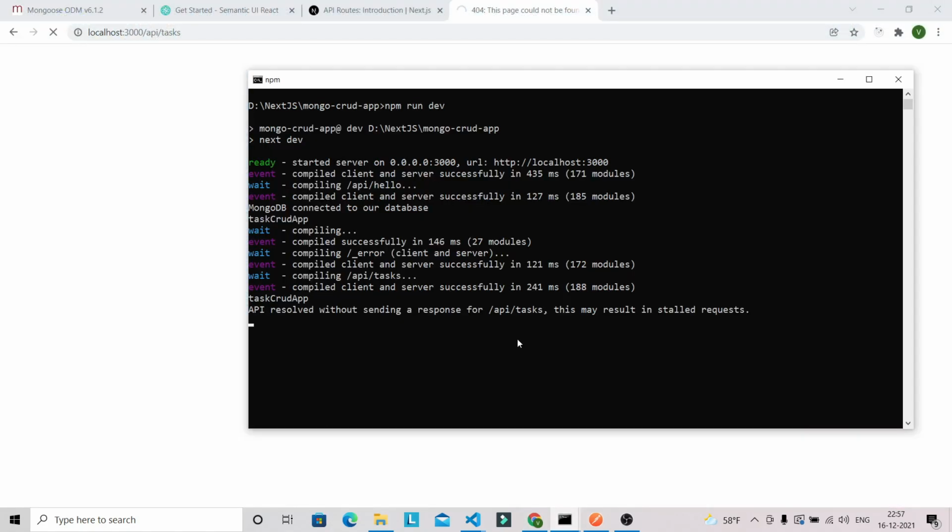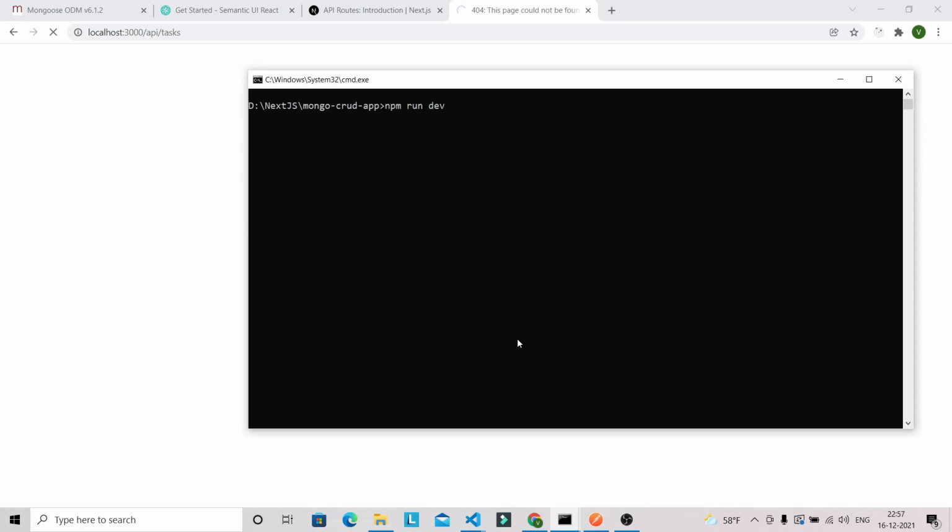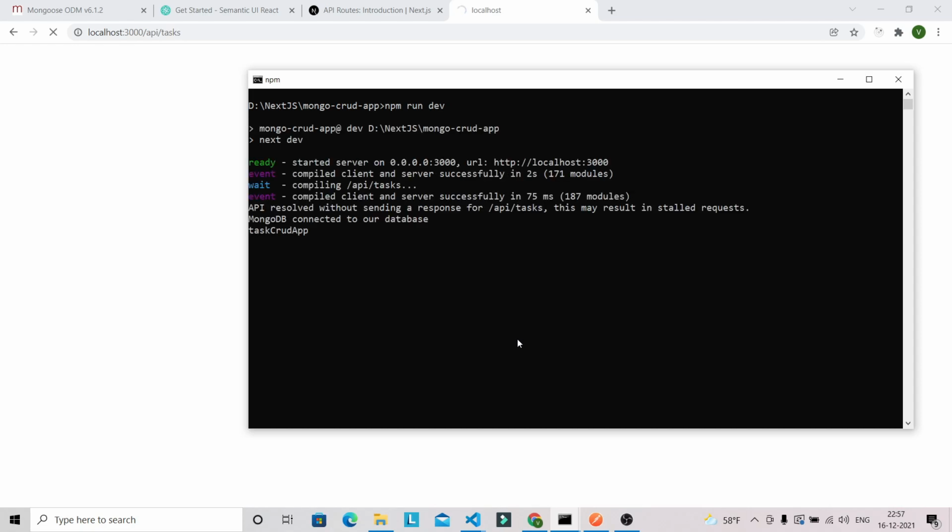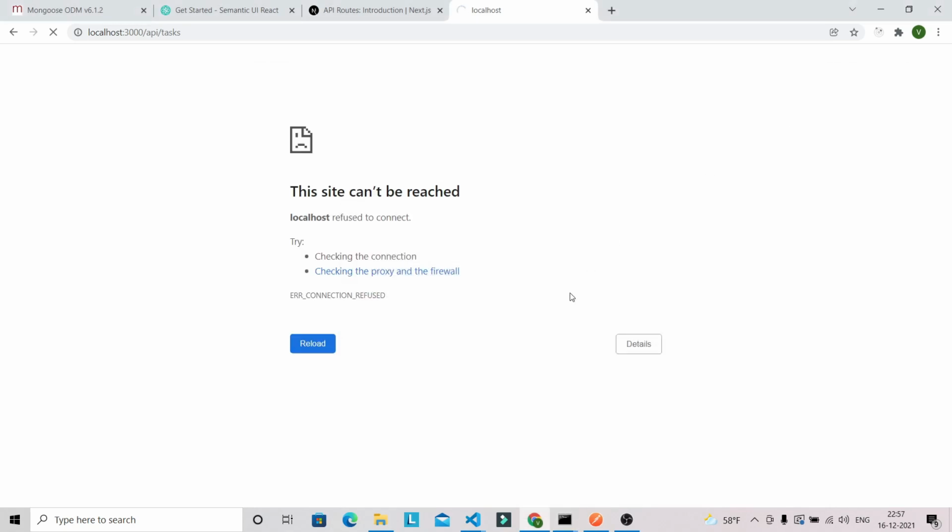Let's kill the server and restart it. Now you can see that our MongoDB is connected and we have got this DB name. So the db connect is working here. You won't get anything because we are not sending any kind of JSON response, so that's why we are getting this message.